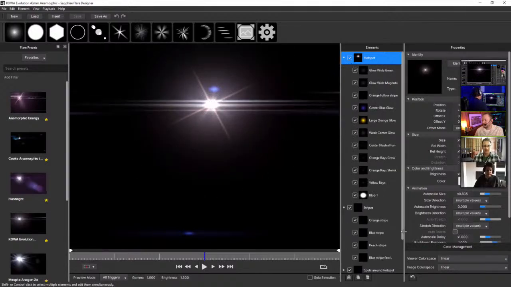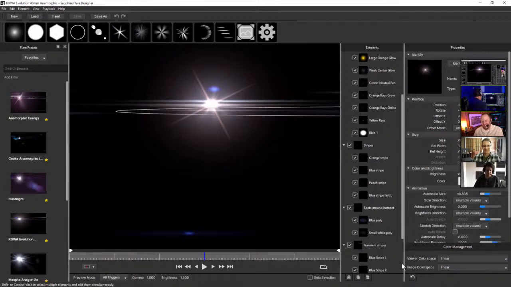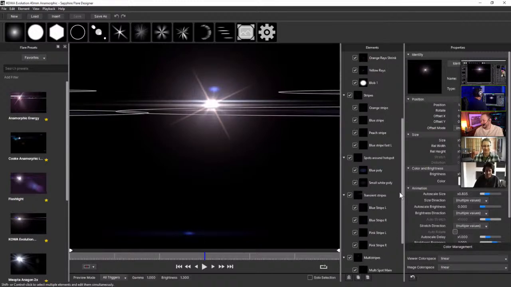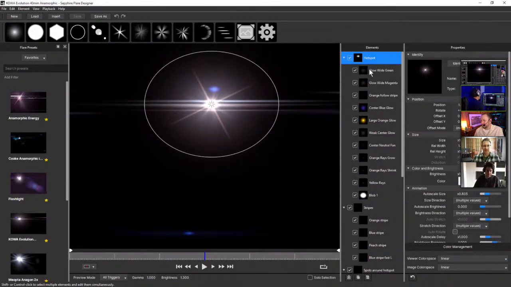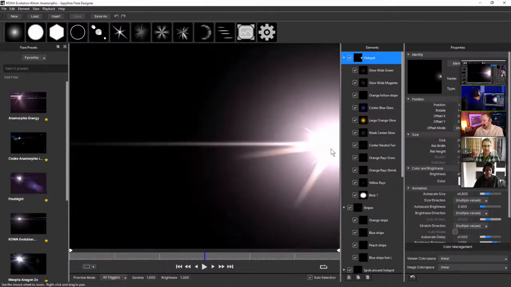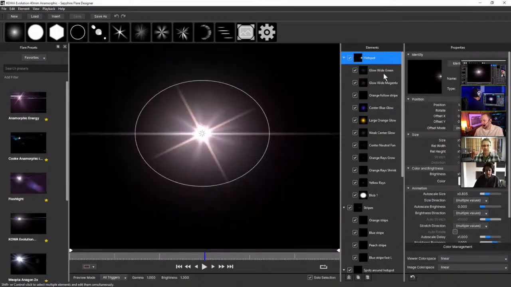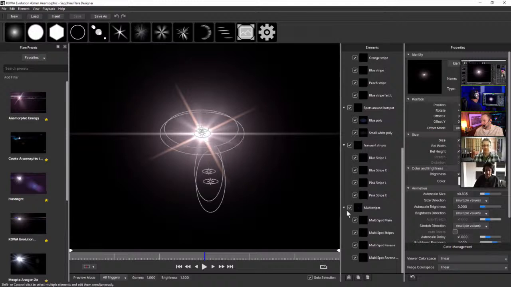I hope you rented that. It's not in my collection anymore. No. But because of the amount of complexity to this lens, because of what I like to do, which is sort of make those little surprises as things go off screen, it is made up of quite a lot of different elements,